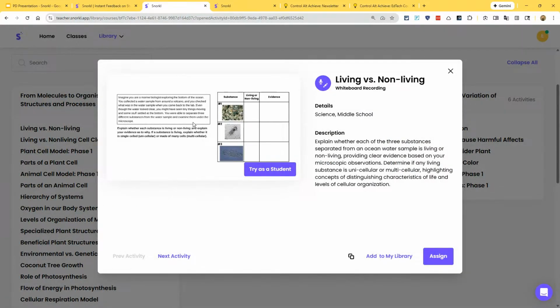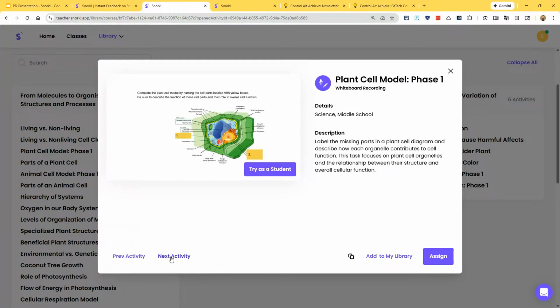There's the activity. This one is going to be one where we're looking at 3 substances separated from an ocean water sample. Is it living or non-living? So we're doing a living and non-living activity here. Now, I can try it as a student, so I can test it out and see if I like it. But if I like it, awesome. I can just add it to my library. I can assign it to my students,